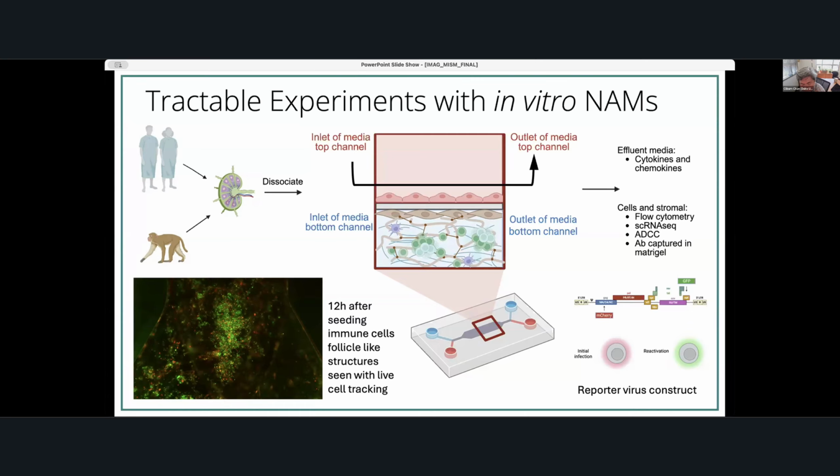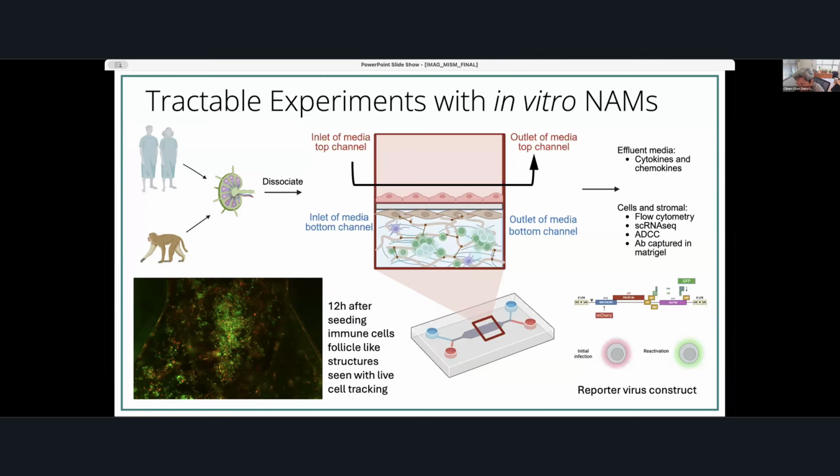And when you run this system, what you find is that after seeding the immune cells, they spontaneously organize into follicular-like structures, which you can see in the lab chamber that you can track using live cell imaging. We are interested in actually a specific experiment involving